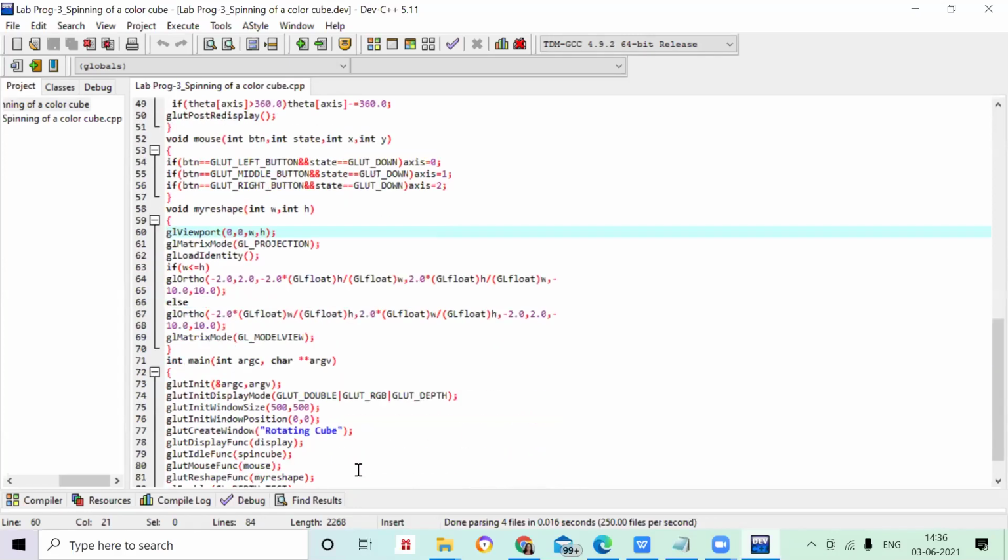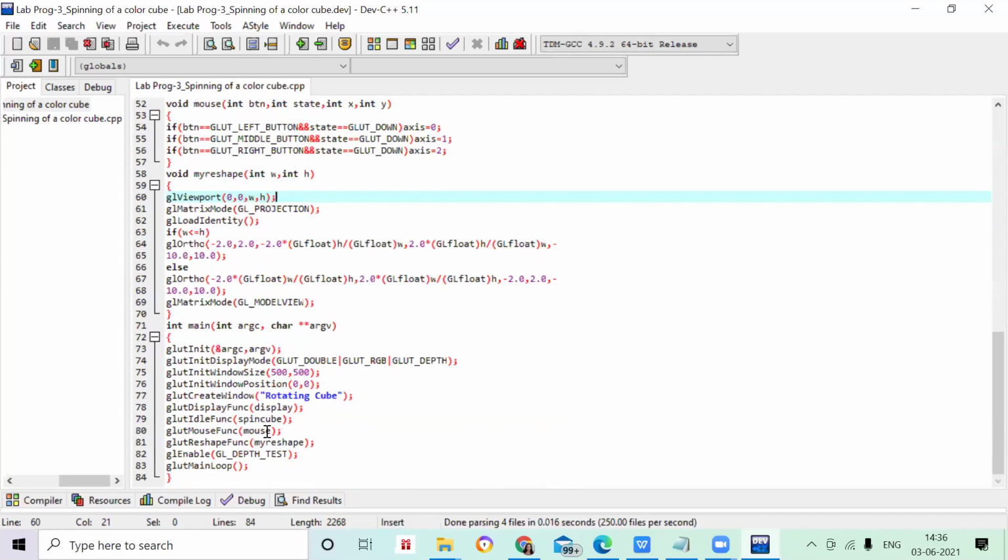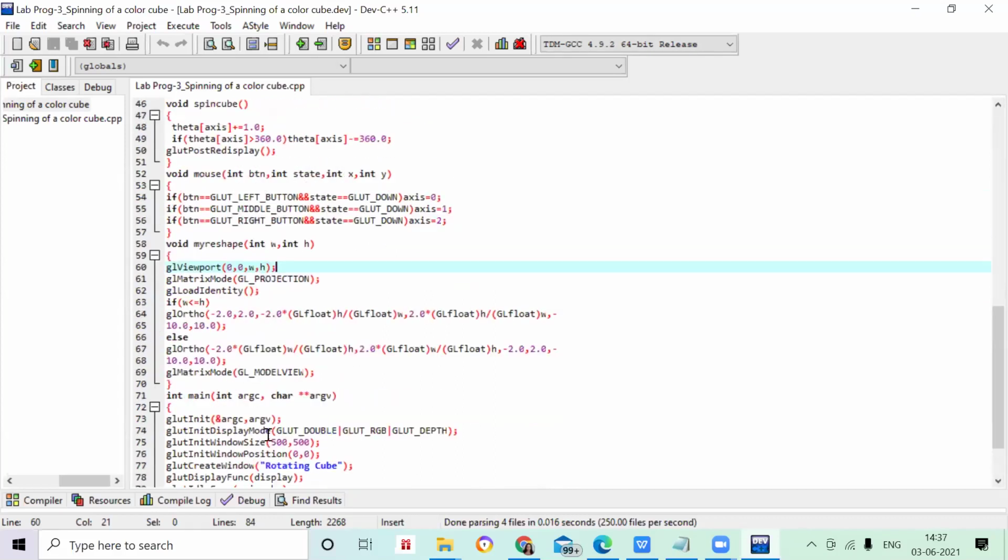So that part is done. Spin cube done. Now let's see the mouse function, because here I have written the mouse function. This mouse function is an extra thing I have used. Here I am going to use the button, it's a variable name. I'm going to use a state. State means it can be down, up, right, left, anything. So that state value I'm going to pass, then the x and y values.